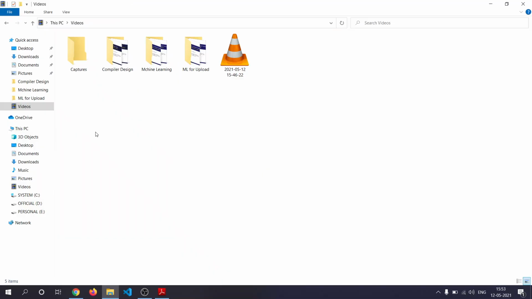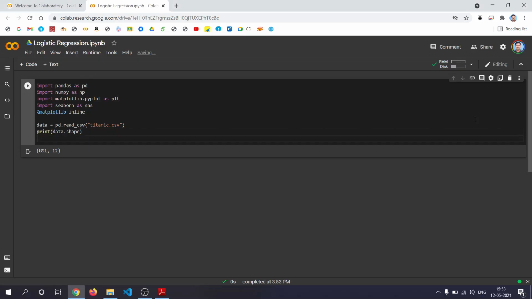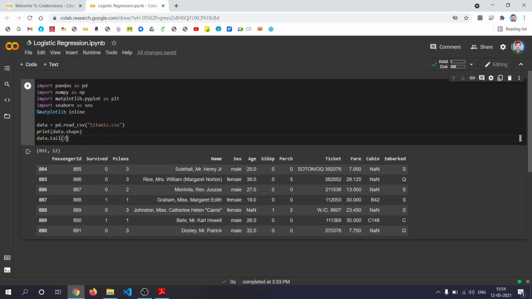The 12 columns were this: 1, 2, 3, 4, 5, 6, 7, 8, 9, 10, 11 and 12 columns. Okay, so now we'll see some of the data.tail or head. Tail means it will give the last entries in the data set. So it has got 891 rows. 891 rows in the sense first row is containing this header, then 890 data rows.